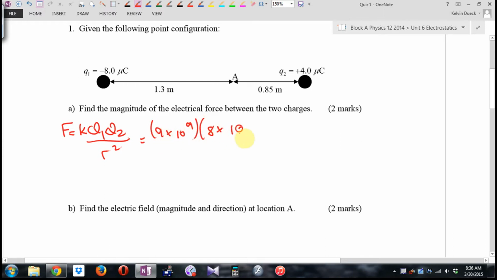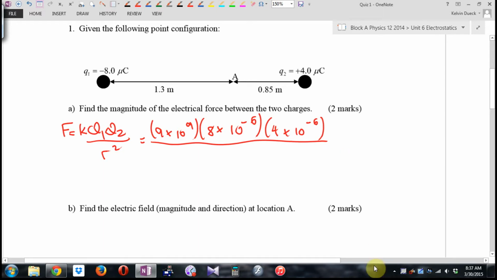8 times 10. Mr. Dueck, shouldn't you put negative in it? Forces and fields, on the first line on your formula sheet: forget the signs. We're going to decide the direction, although this question only said find the magnitude. Fair enough. Second charge, 4 microcoulombs, all divided by,